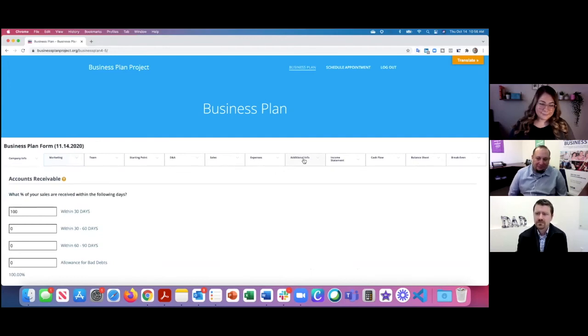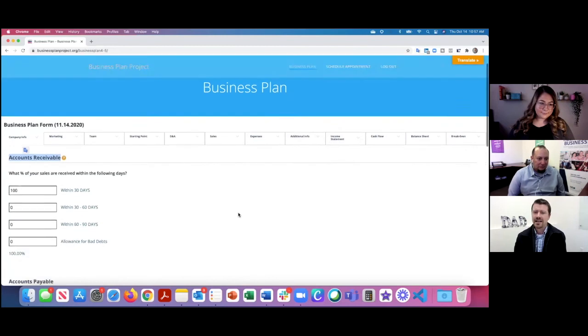Thanks, Sean. All right, well, let's keep moving on because there is one last section, because the other remaining tabs here will pretty much auto-populate based on the assumptions that we've plugged in thus far. But there is one more section. It's called additional info. In here, you want to spell out for the reader any accounts receivable or